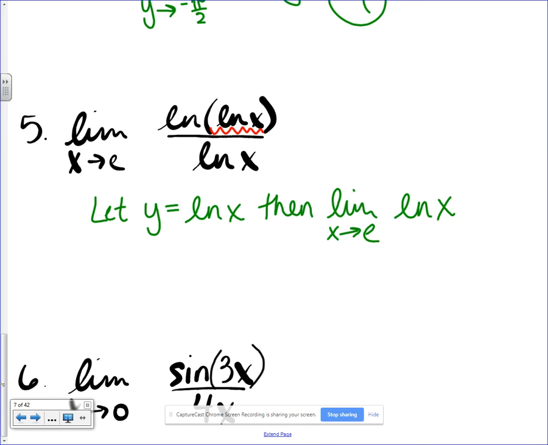Now you might need to use your calculator here if you're not very familiar with natural logs, but I think we've talked about this before. If I put an e in here, what's the natural log of e? Should be 1. Your calculator will do it for you if you don't know. You just push your ln button, push your e button, but then you're going to have to raise the e to the first power, and it should be 1. Everybody okay? All right, so now I have the limit as y approaches 1